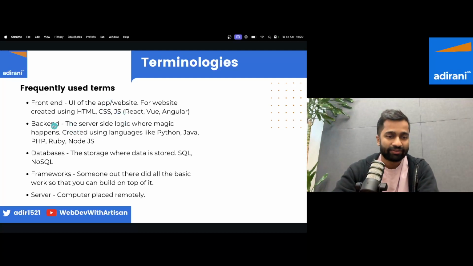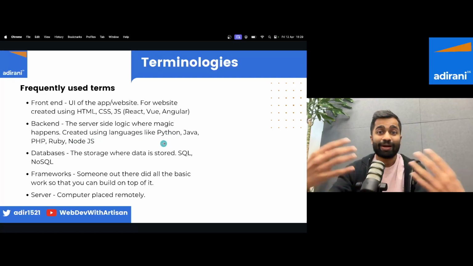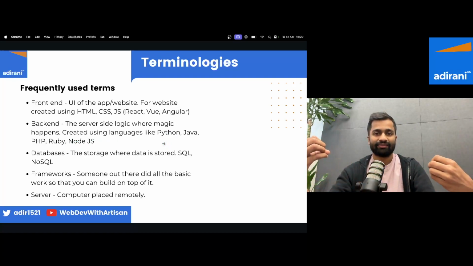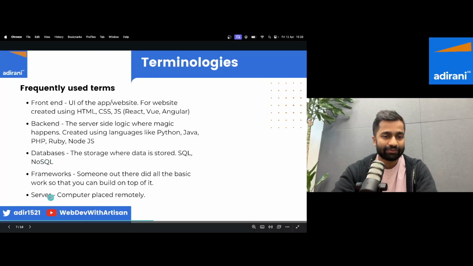That is sent back to your backend, which is generally written in one of these languages. And your backend will process that logic and/or data, and send it back to the front end. So the communication happens between these two. Now, when it comes to the other part, like databases and server, definitely your front end cannot directly communicate with